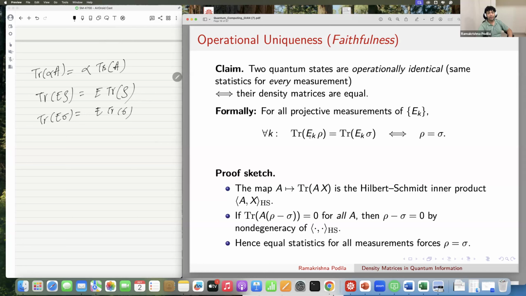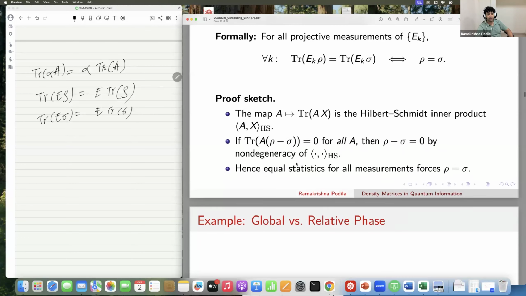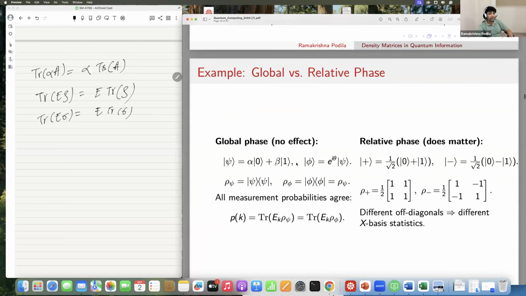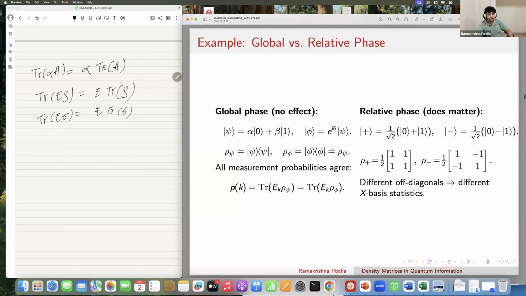So here, if rho and sigma are equal, even if they differ by a global phase, it doesn't matter. We get the same expectation value, right? But if you have a relative phase, that is, let's say here, global phase, no effect. That is, if I start with psi, that is,